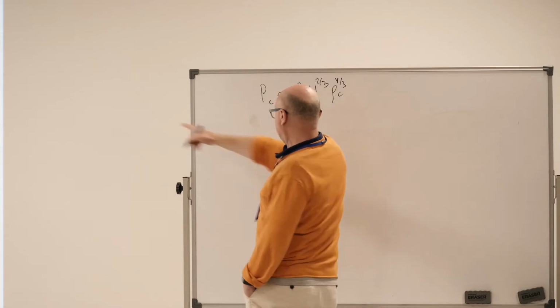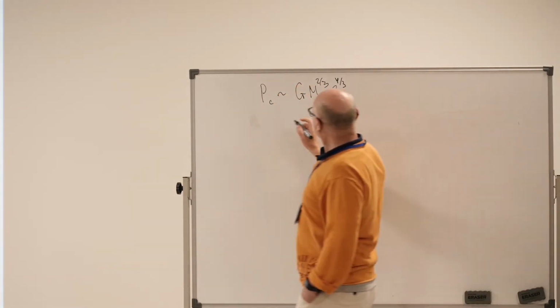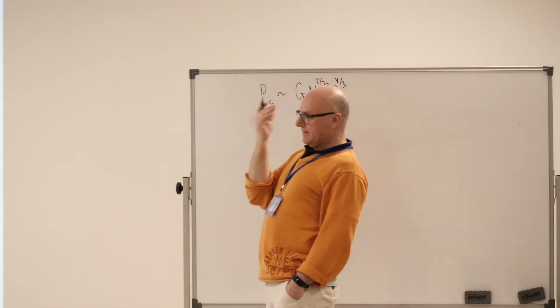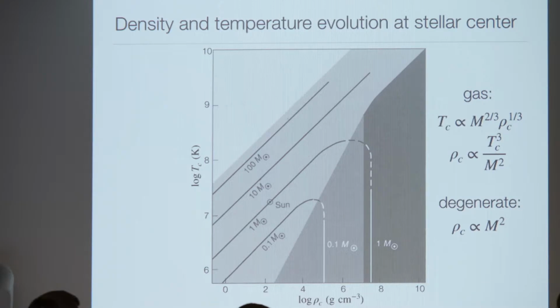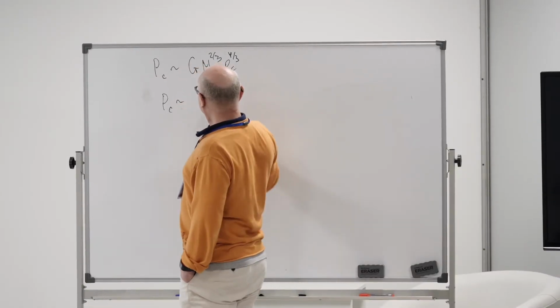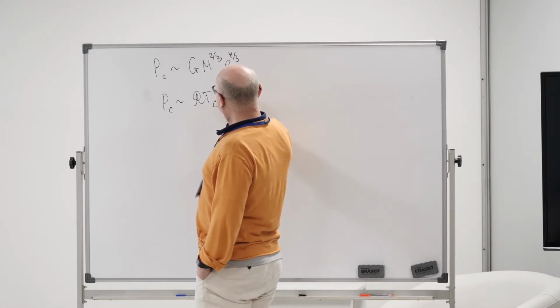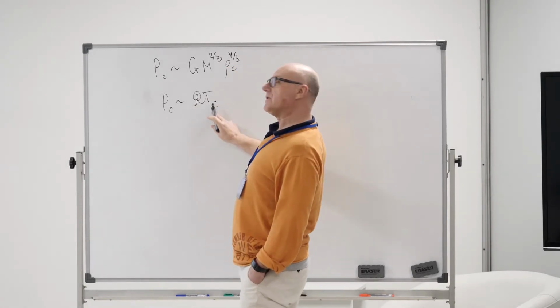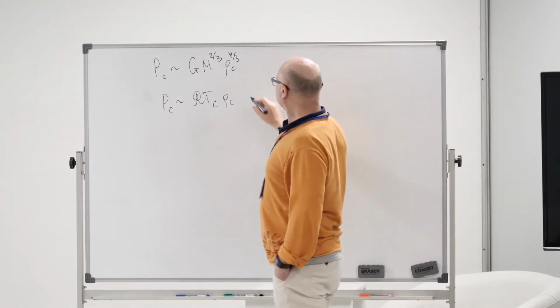So the central temperature is what? Then we can imagine that the star consists of a mixture of non-degenerate and degenerate gas. Then you can write down that the central pressure would be proportional to the central density times central temperature,